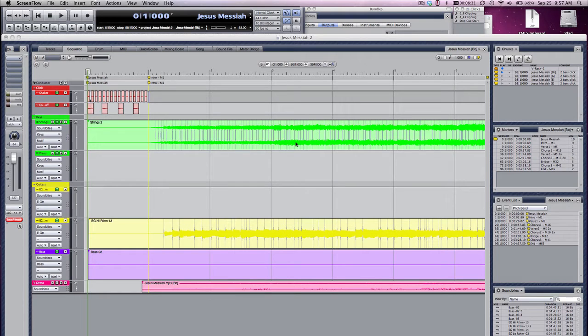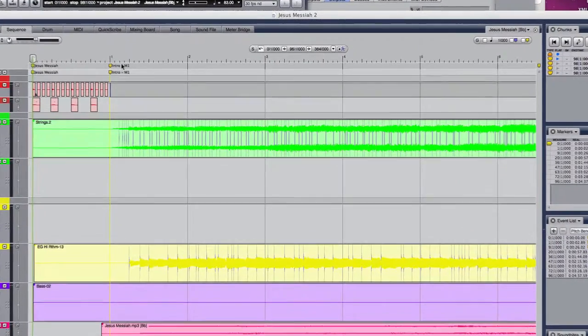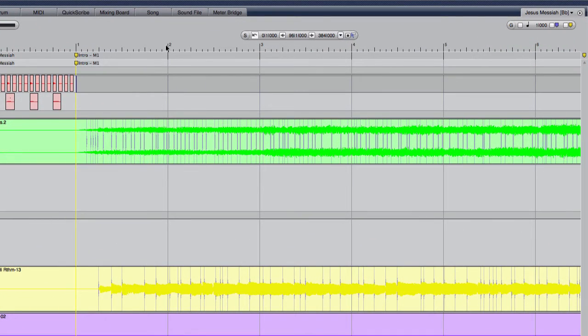I'm going to show you how to edit this digital performer file so that we can start at the bridge instead of at the intro. I've got this whole song recorded, and what I want to do is cut from the intro all the way to the bridge. So the first thing I'm going to do is select the part I want